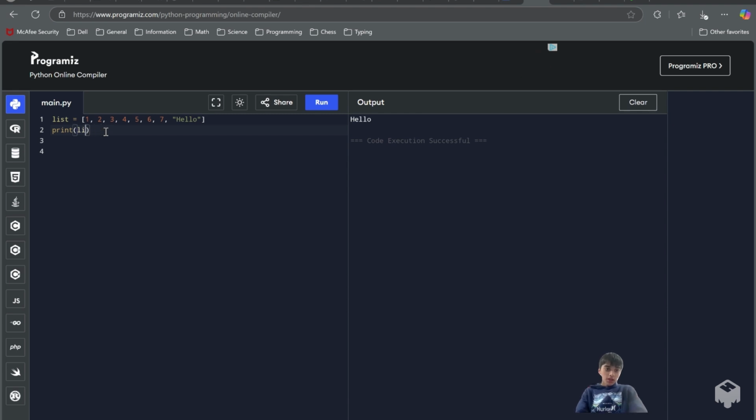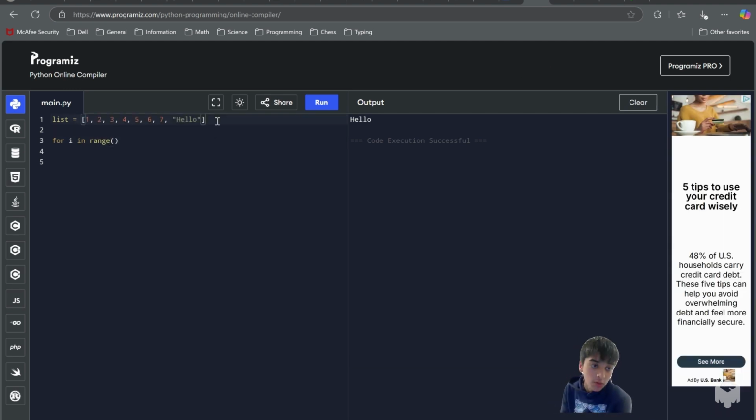But basically, in the end, what we can use this knowledge for is that for I in range. Now, the list can be anything. We know it's between 1 through 8, but what if I didn't know how long the list was? Well, there's actually a feature called len, and take the len of the list. It's basically just going to take the length of the list and be like, oh, there are 8 terms. Alright, so for I in range the length of the list,